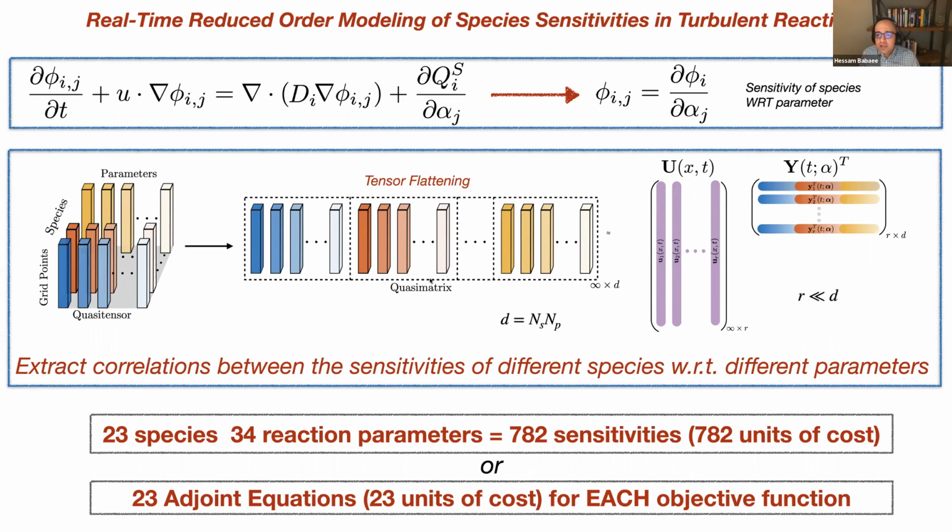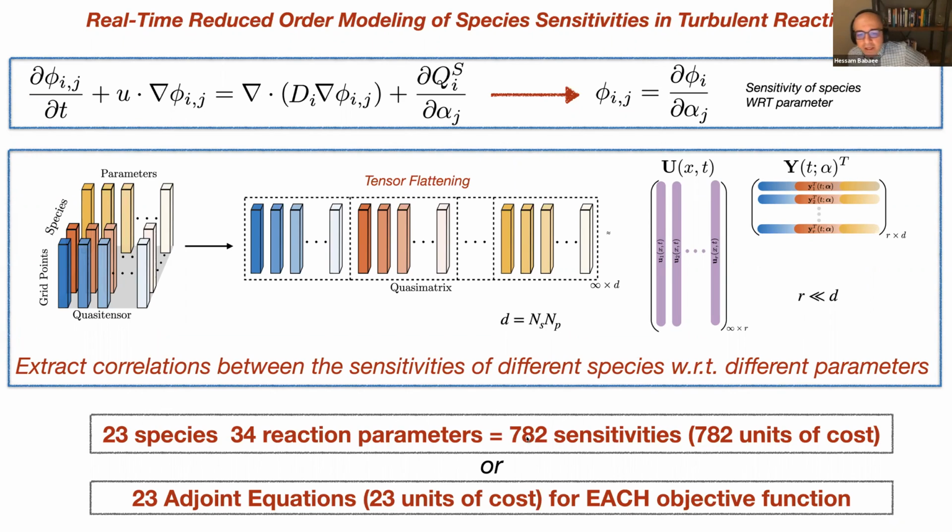Basically, if you have D parameters and you reduce it to R, you're reducing the computational cost by a factor of D over R, roughly. Because Y is just a reduced order model, and what governs its evolution is an ODE, you don't pay that much cost to evolve it forward in time. But the U modes, the time-dependent spatial modes, are governed by PDEs, and you would have to solve PDEs. So the gain in memory and flops in this sensitivity equation is D over R.